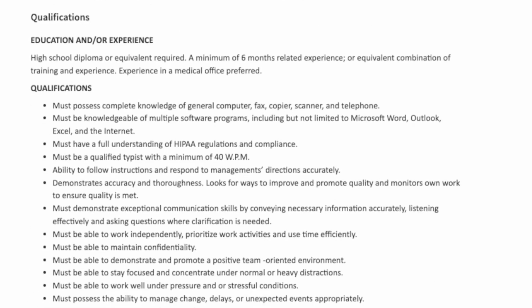Now, they are not requiring any kind of college degree, just a high school diploma or GED, and they're looking for a minimum of 6 months of some kind of related experience. Now, they do want somebody who can work those Microsoft Office software programs, Word, Outlook, Excel, work the internet, somebody who can type at least 40 words per minute, somebody who can work independently and maintain confidentiality with the information